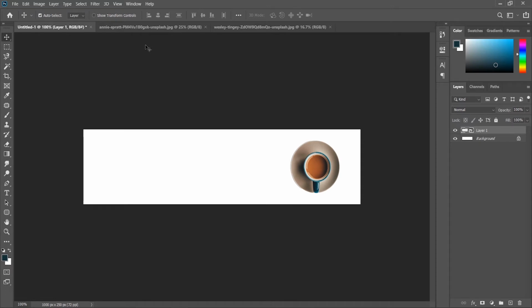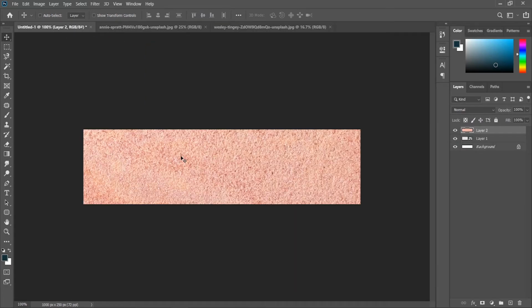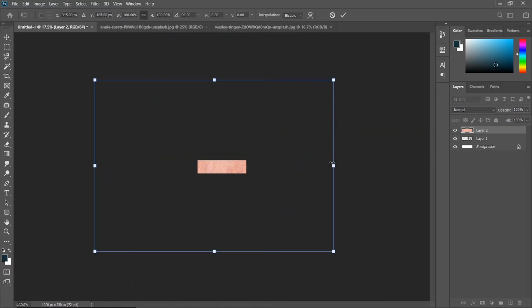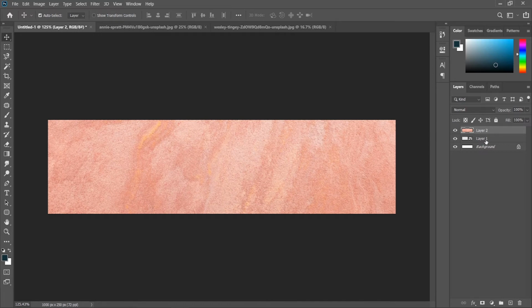And now I drag the texture in the file. Do Ctrl T and reduce the size like this. Drag the texture layer to the bottom like this, and now create a new layer